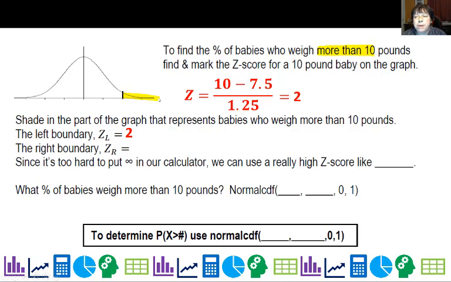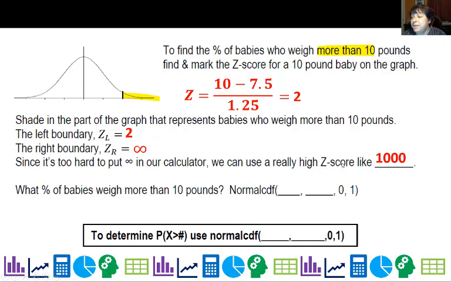So my left boundary is 2. But what would my right boundary be? In theory, this goes on forever, and we should really go to infinity. But infinity is kind of a big number. It would take forever, literally, to put it in your calculator, and then it would choke and it wouldn't work. So that's too hard. Let's just use a big number like 1,000. If you're using z-scores, 1,000 will work really well. If you're doing the x values in the calculator here, then you have to be careful that that 1,000 is not too small, all right?